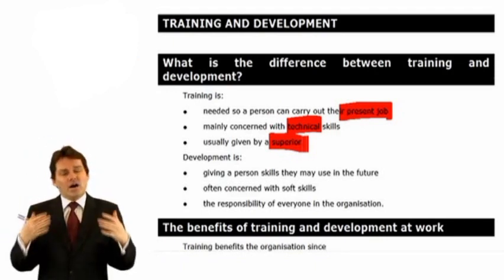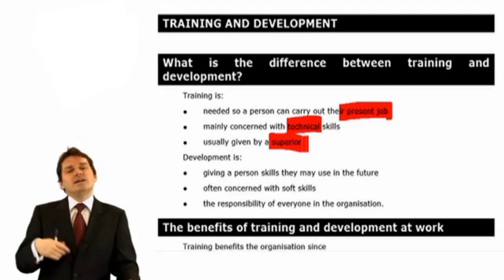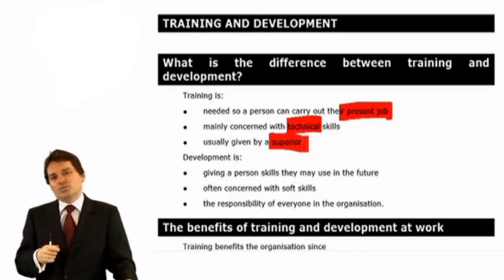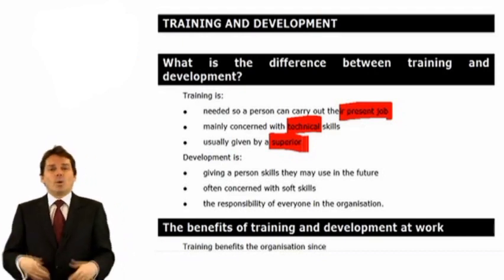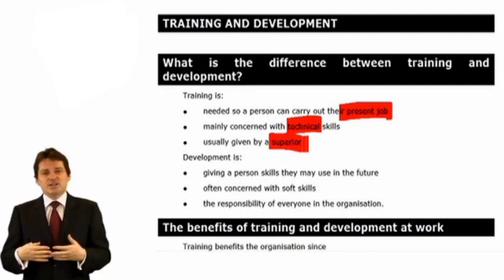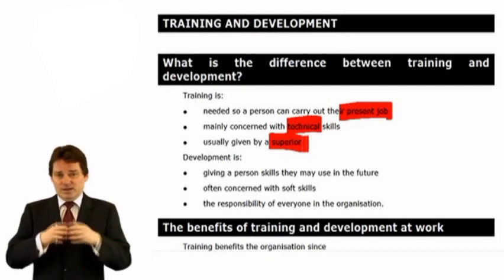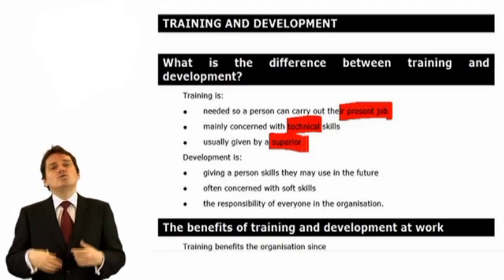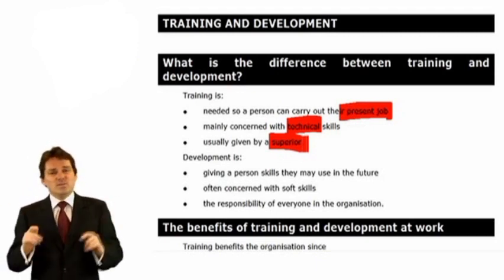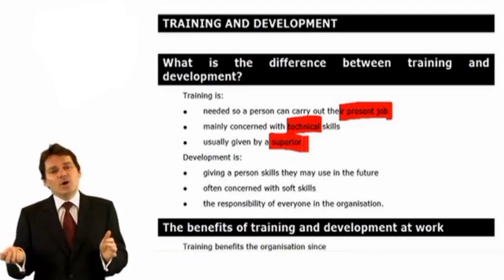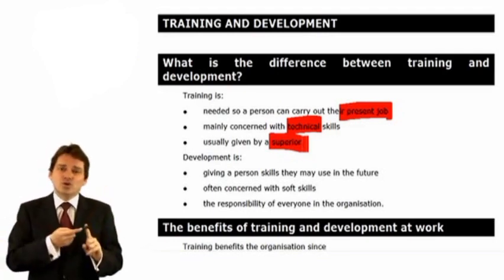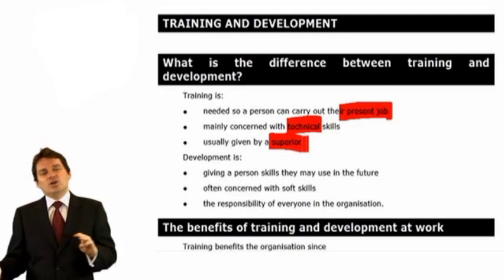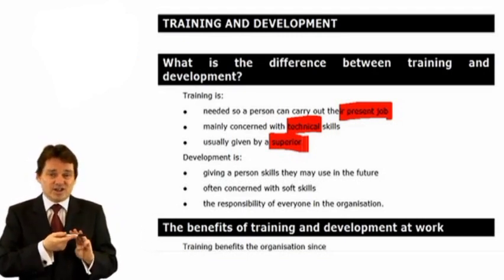The other time that you need training is where something changes, and in that particular situation, everybody in the organisation will need training. So, for example, the big accountancy firm, if it decided to put in a new computer system, everybody, regardless of if they'd just started or if they'd been there for 20 years, everybody would have needed to go through the training again, because without it they wouldn't have been able to do their jobs. So there are some kinds of training that you receive because you're new to a job or because you're new to a particular company. There are other kinds of training you receive when an organisation decides to change something.